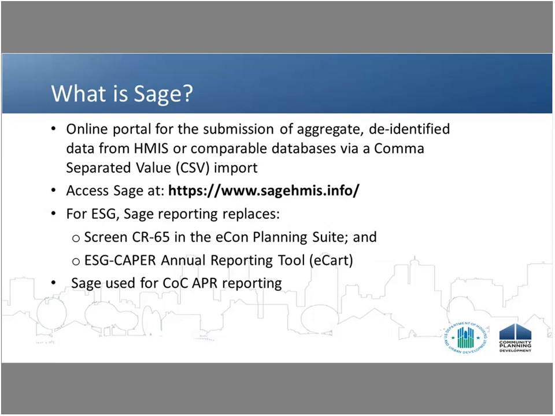So Sage is the reporting system that you may already be familiar with through the Continuum of Care program, but if you're not, it's an online portal for the submission of aggregate de-identified data from HMIS or comparable databases via a comma-separated value, CSV import, which is the file that was used and uploaded into Ecard for last year's 2015 CAPER. Access to Sage is at this website,